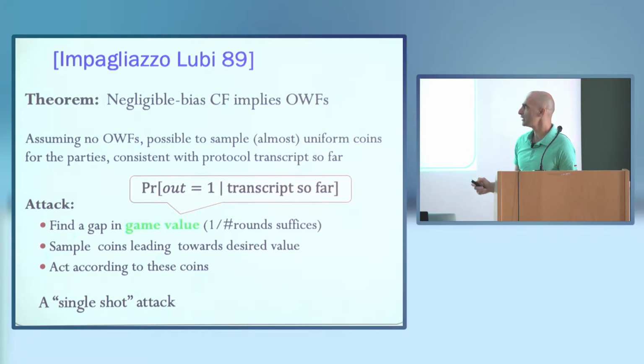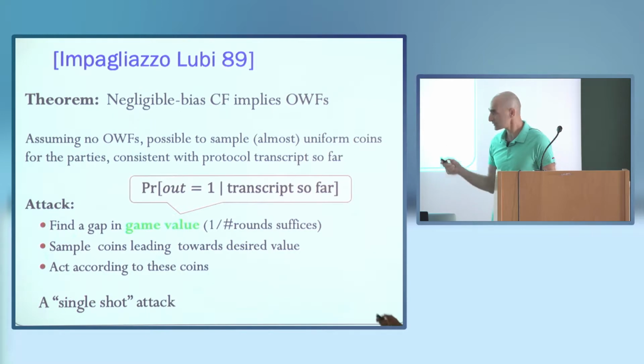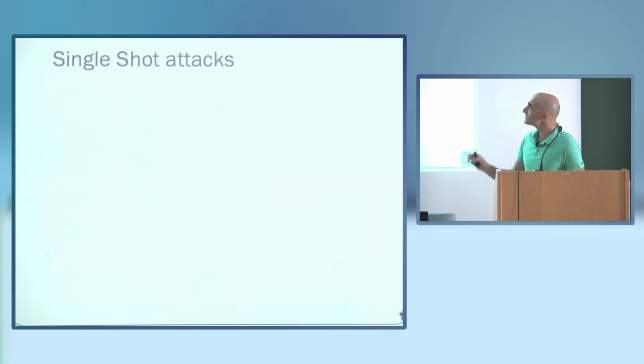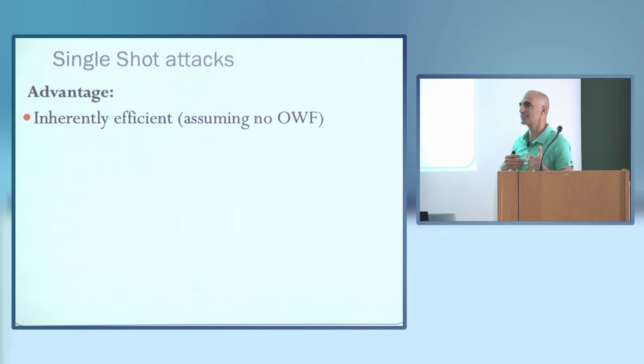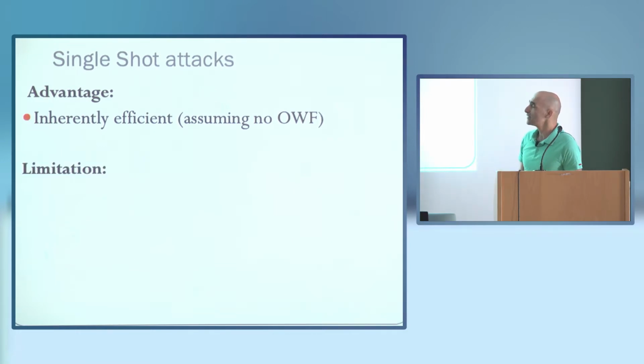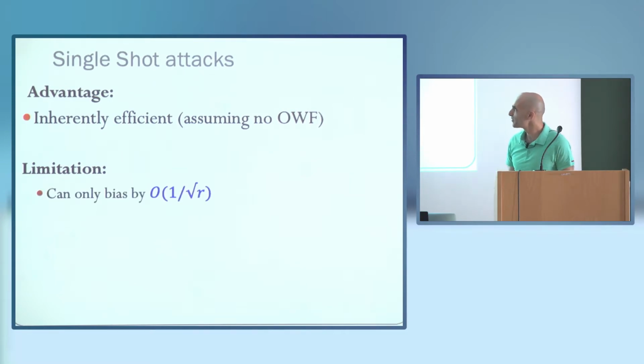It's not hard to show that you get a 1/poly bias, 1/r, where r is the number of rounds. But let me tell you a bit about single-shot attacks. As I told you, they have the advantage that they are inherently efficient. You only sample random coins given the typical behavior of the protocol. However, they are also limited because of being a one-shot thing, and you cannot use them to bias the protocol